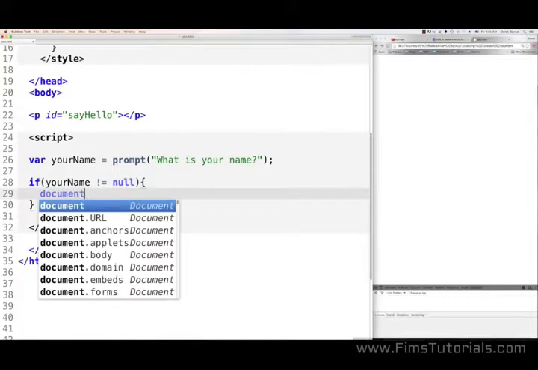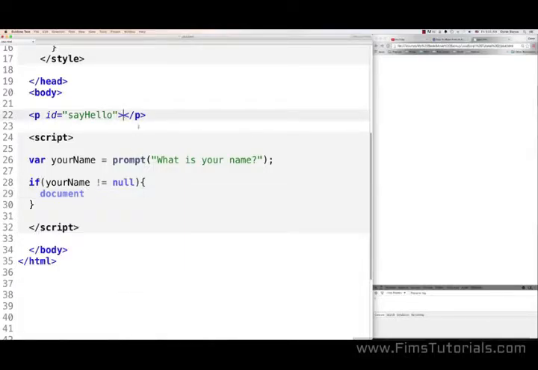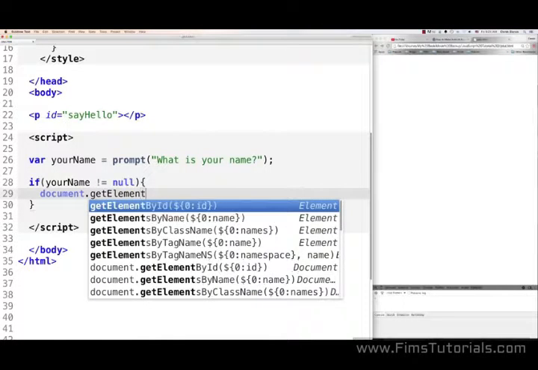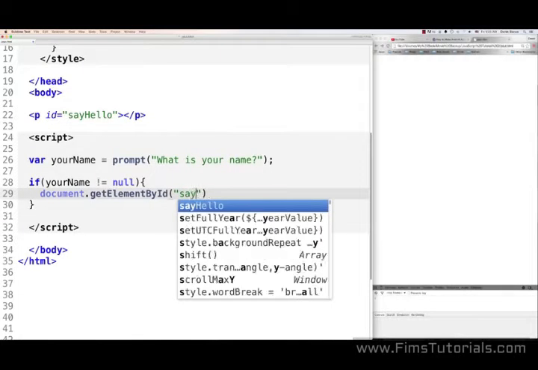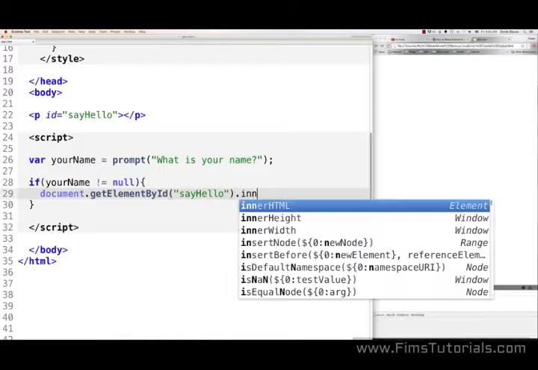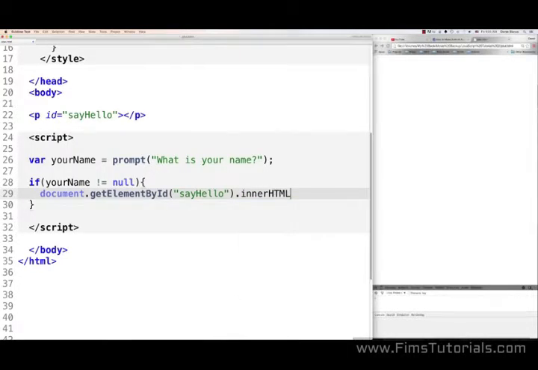What I want to do is take the name and put a little message right here inside of my paragraph tags. To do so, I'm going to go document, and I need to get a hold of that element. And how I'm going to get a hold of that element is go get element by ID. And of course, the ID for this guy is say hello, just like it says right there. And then I want to put this inside of the HTML tags. To do that, you go inner HTML, and then I'm going to say something like hello space, and to concatenate or to combine the strings, I'm going to put a plus sign inside of there,